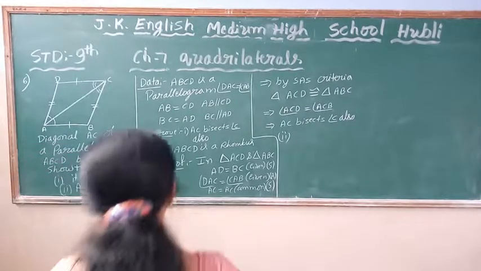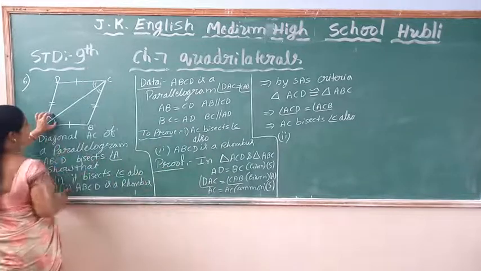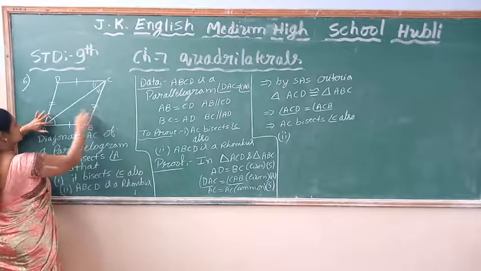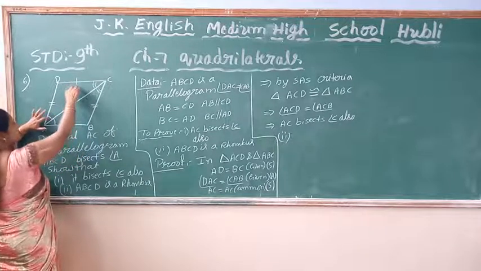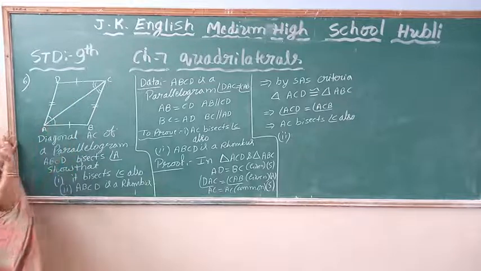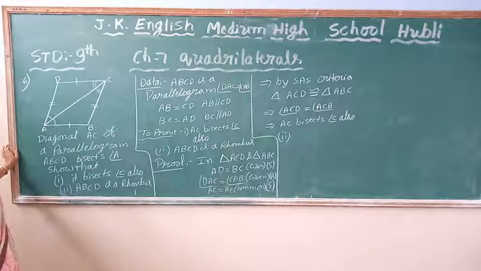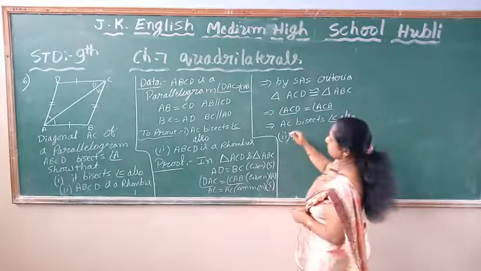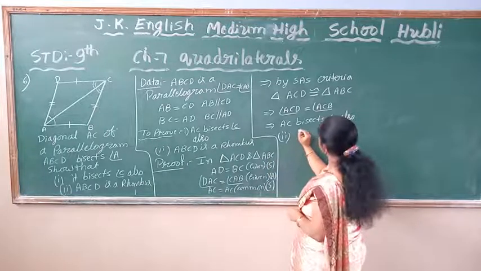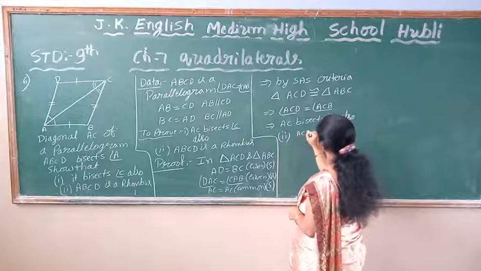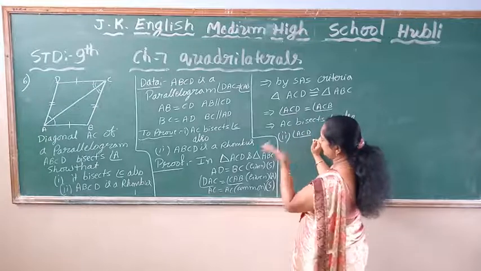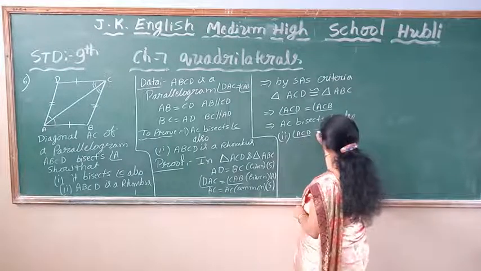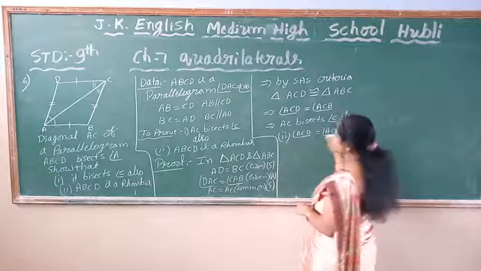Okay, children. Now see, these triangles are equal already, we know now. In this triangle, equal angle opposite side is BC, and the same angle opposite side is DC. So equal angles opposite sides are equal. Therefore, all four sides become equal, children. So we know now already. So it implies, equal angles opposite sides are equal. Angle ACD is equal to angle ACB. These two angles are equal. So opposite to equal angles.